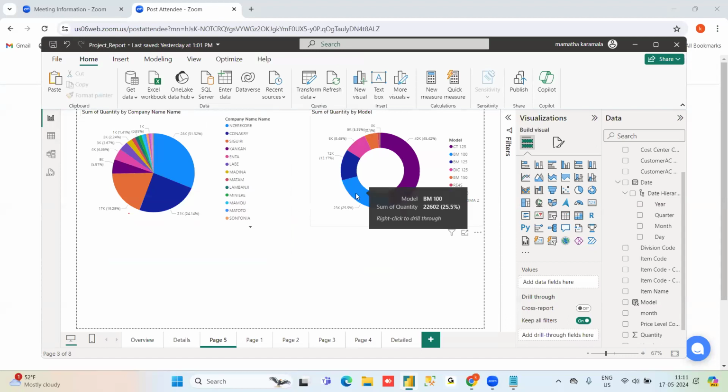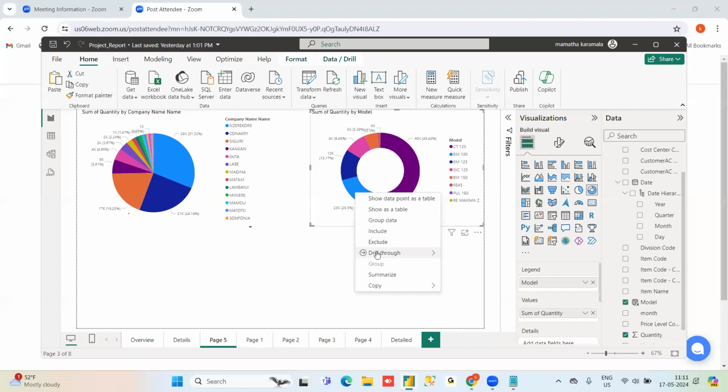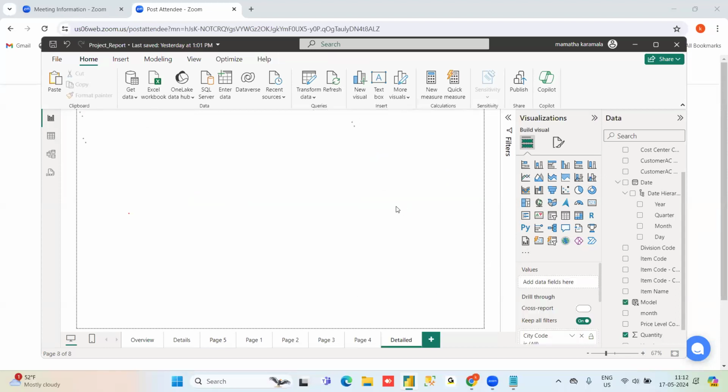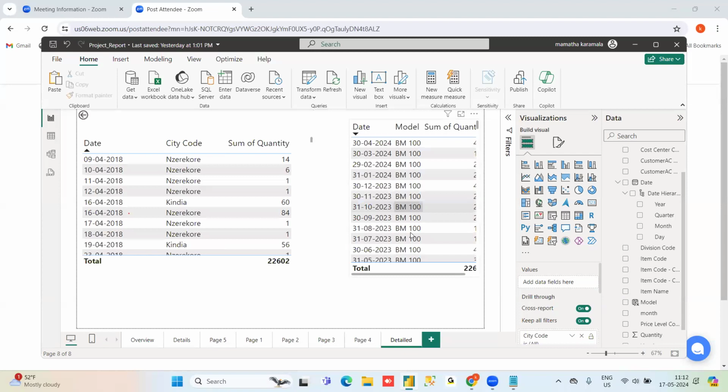This is BM 100 data. Just right click, drill through. This is the drill through functionality. Maybe there are 100 pages, but here only BM 100 is given, only that related drill through information.